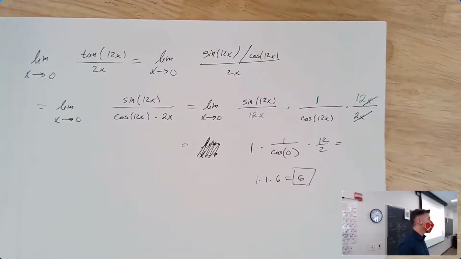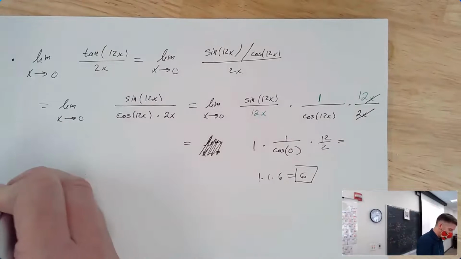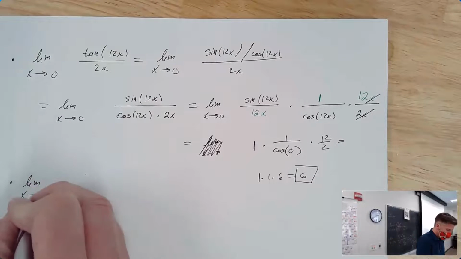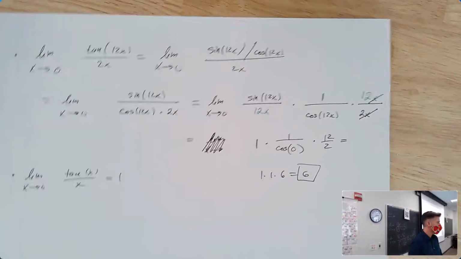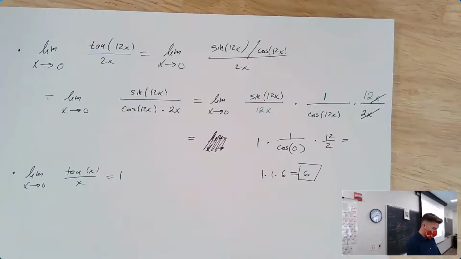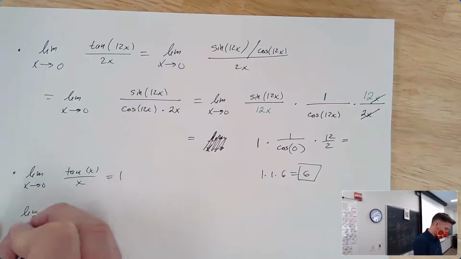So tangent also has the same sort of rule. In fact, sometimes people write the rule, although I don't think it's really necessary to write it down, but the limit as x goes to 0 of tangent of x divided by x is also 1. But really, I would just encourage you to be like, oh, well, I know that's 1 because